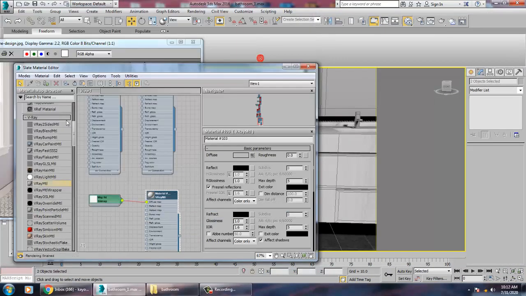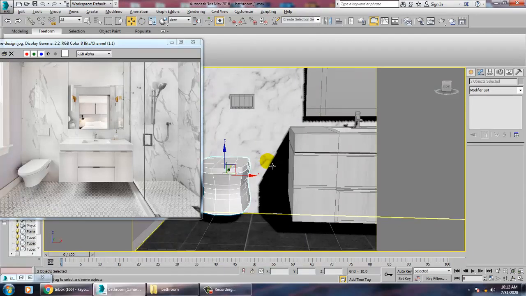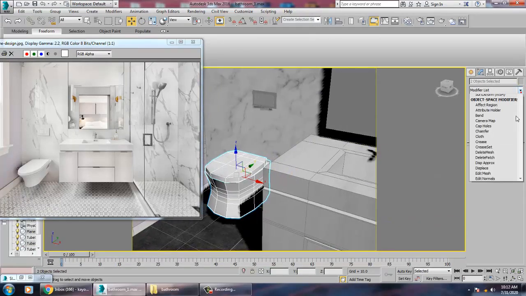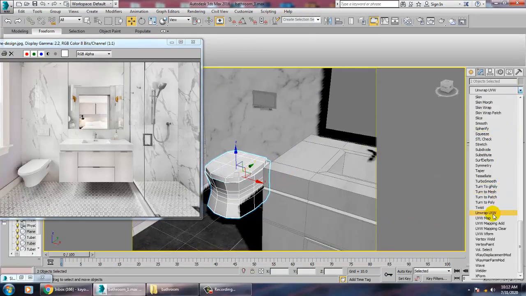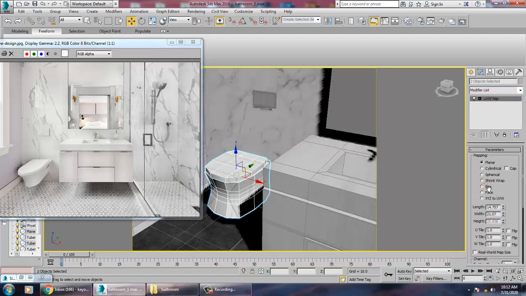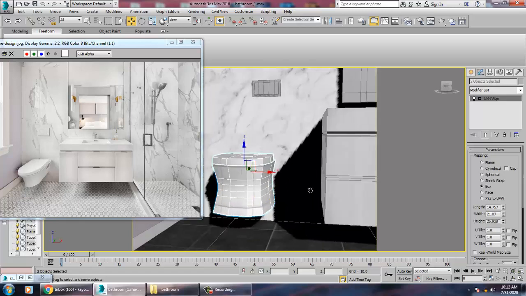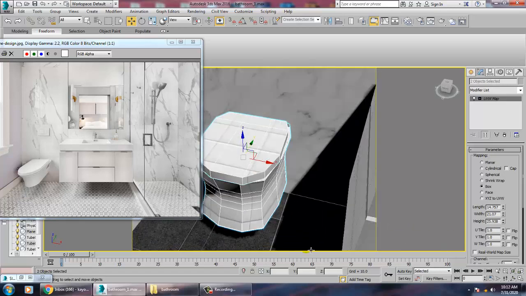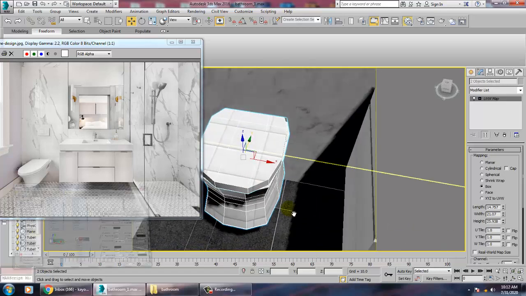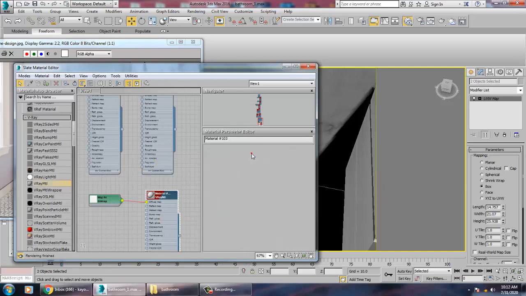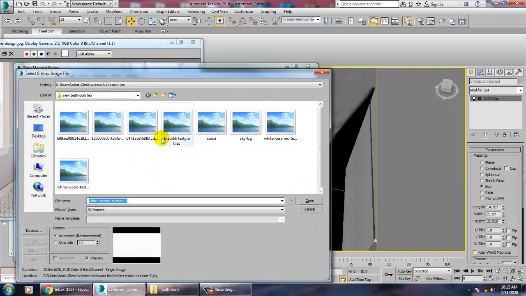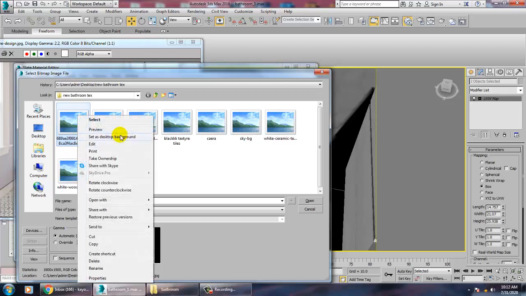So we can just assign this white ceramic texture on top of it, and let's give a UVW map on top of it. I think I've assigned a wrong texture over here. That's a tile.